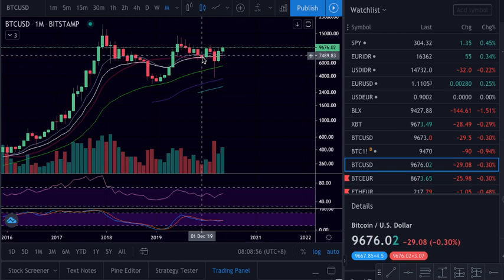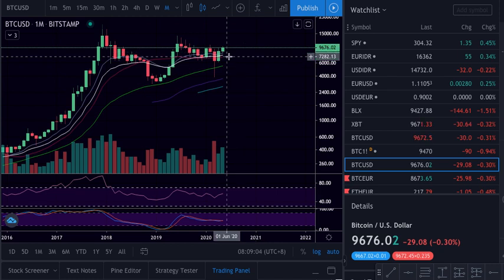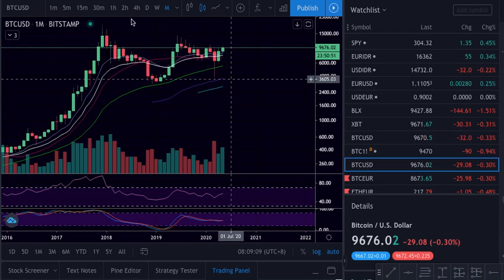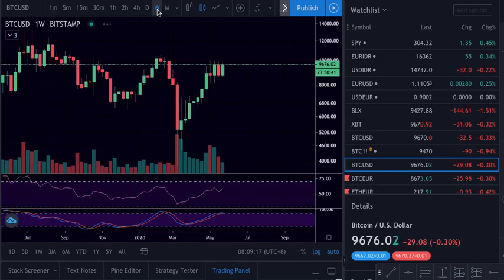Like this candle here, it's the most important now, support here, which is aligned with the 21, and we still have the 20 a little bit below. Volume is coming, the price is holding on this area. So that's the month. I'm not putting the trend lines. I can put the trend lines, but